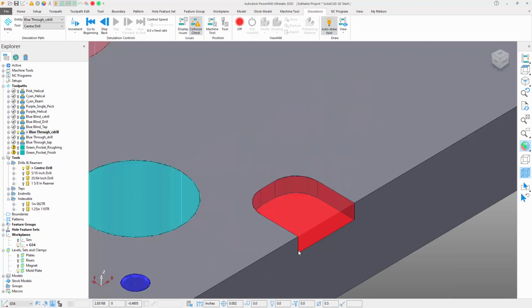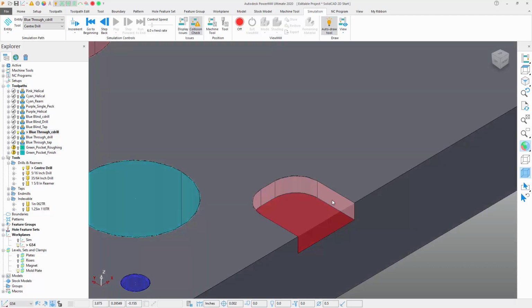Okay, so let's look at these red pry slots. So I could use some feature machining or maybe some curve machining or some other traditional type machining. In this case, I'm going to do things a little bit differently. I'm going to incorporate a finishing type strategy, even though there's some stock that needs to be removed out of here. So I'm going to select the sidewalls,